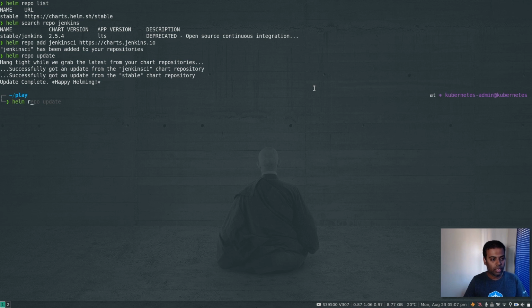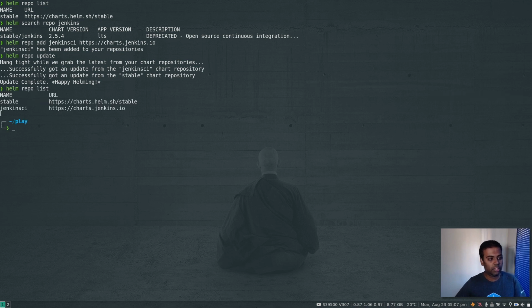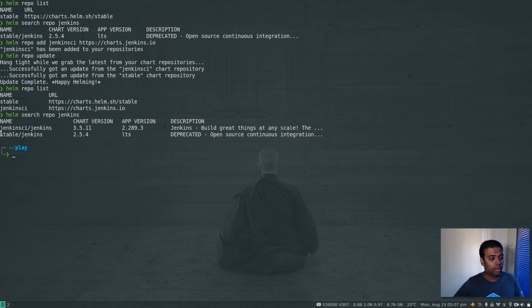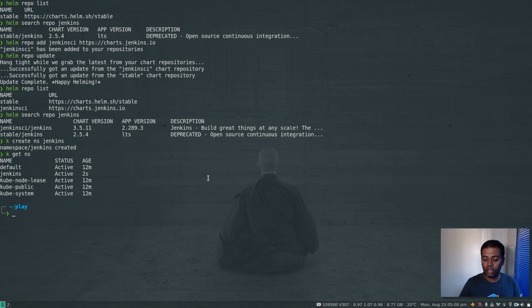Now if I do helm repo list, I have the Jenkins CI as well. And again, if I do helm search repo jenkins, I have the Jenkins CI and the app version is 2.289.3. So that's the version of Jenkins we are going to get by installing this Helm chart. Alright, so I'm going to create a namespace called jenkins, kubectl get namespace, and I'm going to deploy everything in